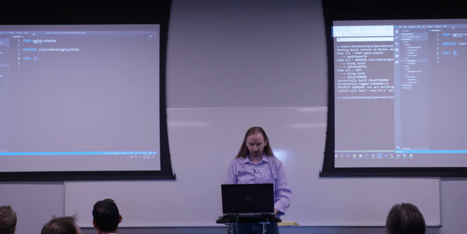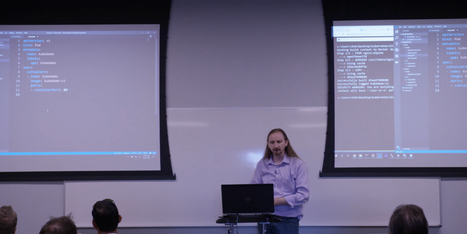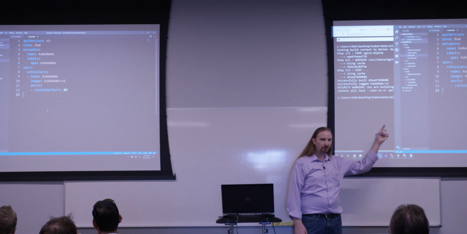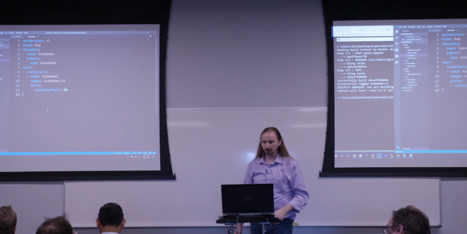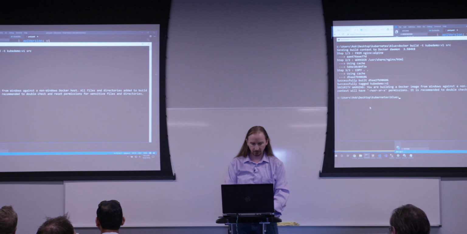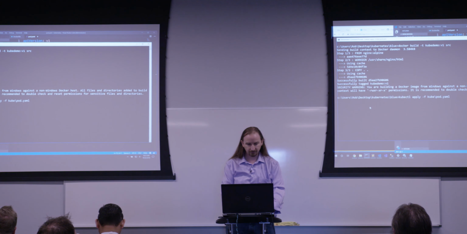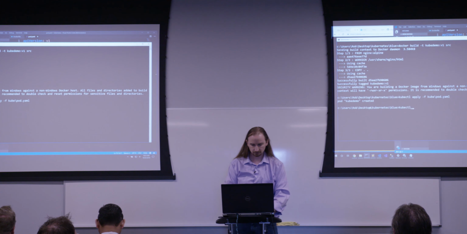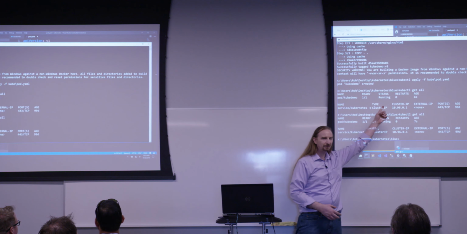So I've got this Docker file, and now in the kube folder, I just happen to create a kube folder for our Kubernetes content. Here is that pod file. So I have a pod file that specifies, let's use kubedemo v1, and let's forward in port 80. I could choose to launch this. And now I've got a pod running. In as long as it took me to type that, I have my machine running.